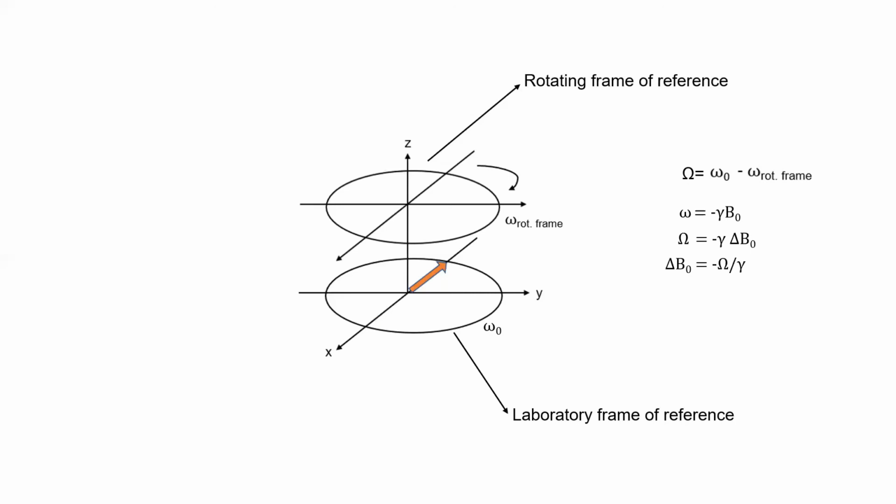Imagine taking this rotating frame of reference frequency equal to the Larmor frequency omega naught. Then the offset will become omega naught minus omega naught, which is 0. Then our reduced field will become 0. In our case, the rotating frame of reference is nothing but the spins precessing along the z-axis. The oscillating magnetic field which we apply along the x-axis is resonant with the z-axis main magnetic field. So there is no reduced magnetic field. As our offset is 0, there is no reduced magnetic field. Delta B naught is 0.